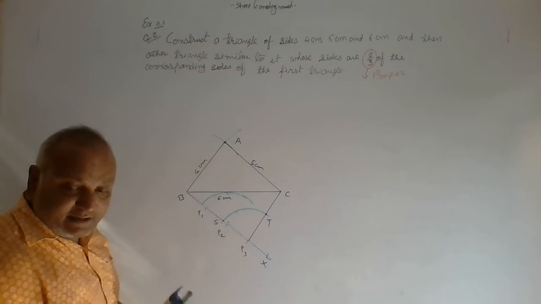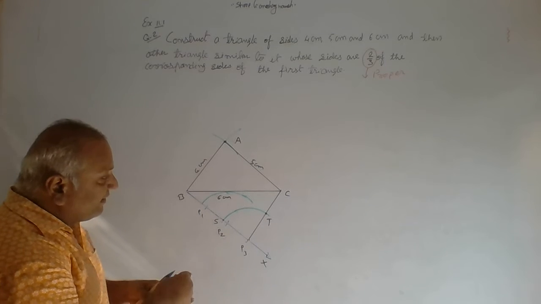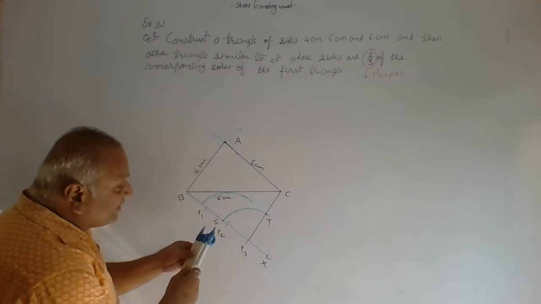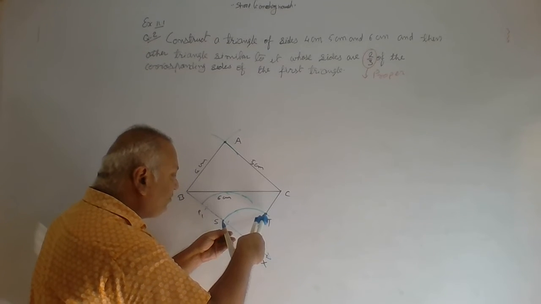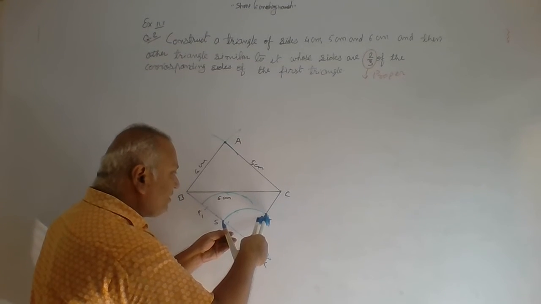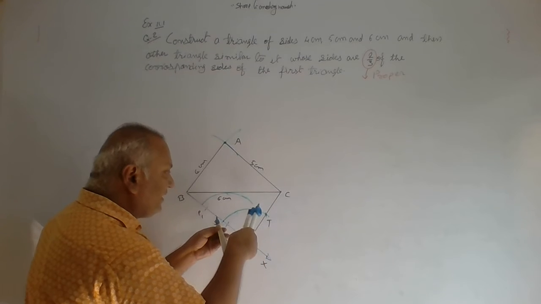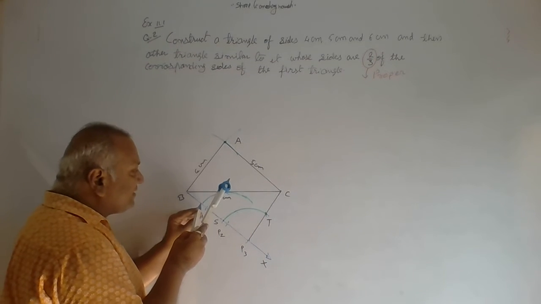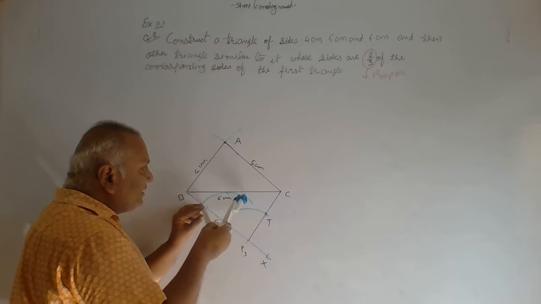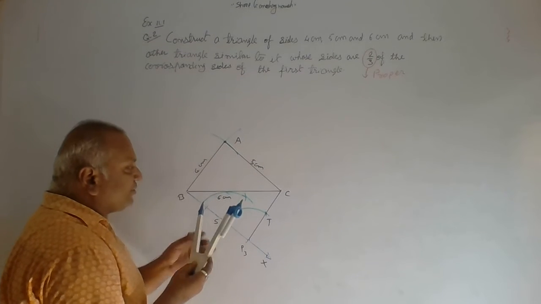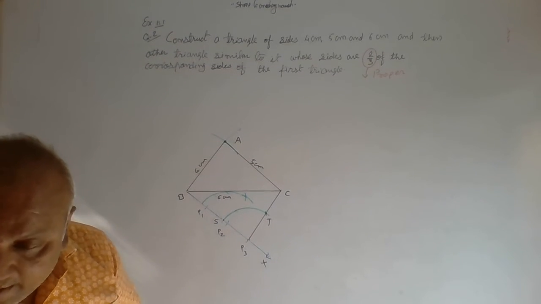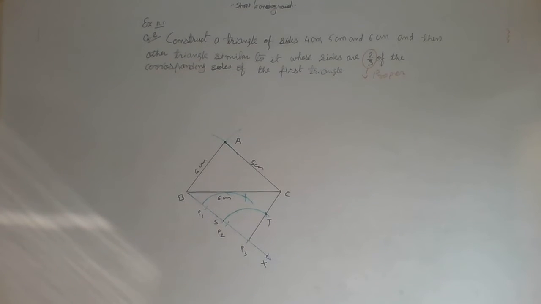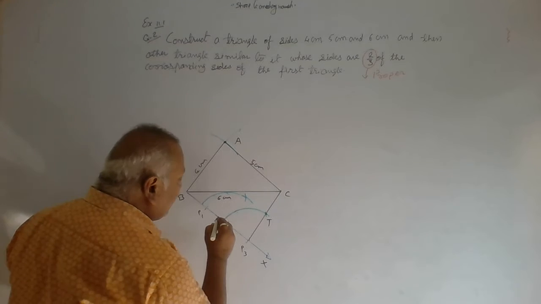You can see beta, S and T. Now we have to take the width of this angle S and T. This much measurement we have to take. I have considered this exact measurement, and with the help of this measurement we have to cut this arc. So here we will get the parallel line and we will construct the similar triangle.